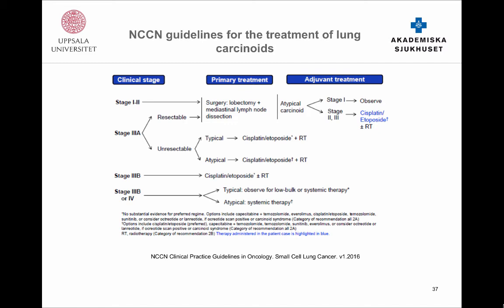So you have seen this from the NCCN guidelines for the treatment of lung carcinoids. I must say I'm not totally agreeing with what they are writing here, because as you can see, they have put cisplatin and etoposide everywhere. So as soon as you have proliferation, the patient goes for cisplatin and etoposide. I can't agree with this one. But this is NCCN, which is an honored organization in the US.